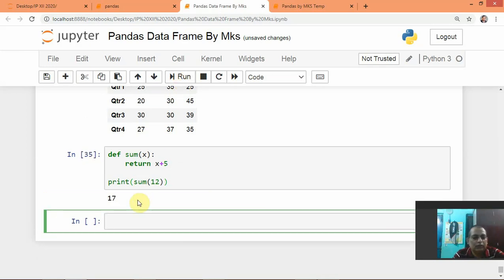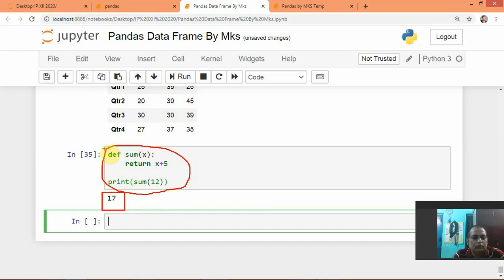So here you can see the output is coming 17. This one we have already seen in 11th class, how to make a user defined function.